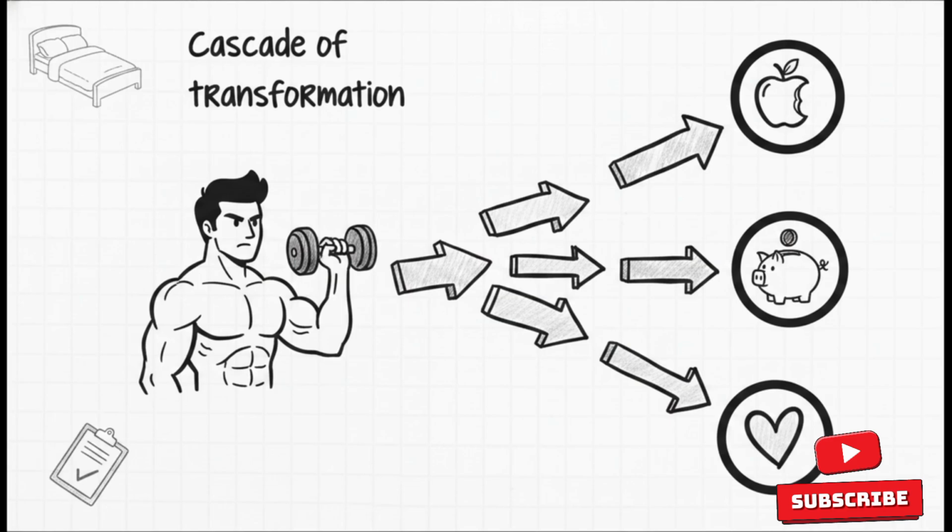Take consistent exercise, for instance. Researchers have found that when people start habitually exercising, we're talking even just once a week, they often automatically start eating better without even meaning to. They start using their credit cards less, they show way more patience with their families. They didn't set out to fix their finances or their diets at all. They literally just focused on the keystone habit of exercise, and that incredible positive cascade just naturally followed.